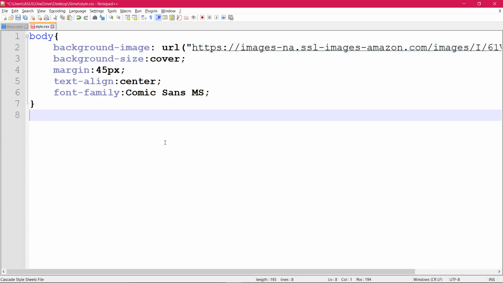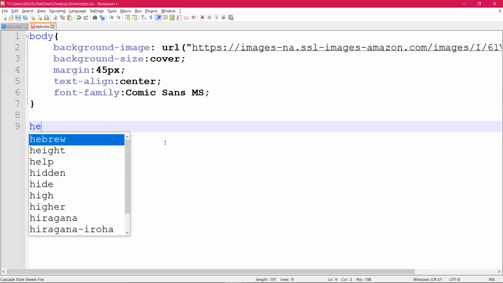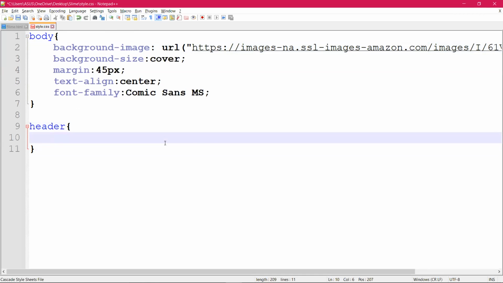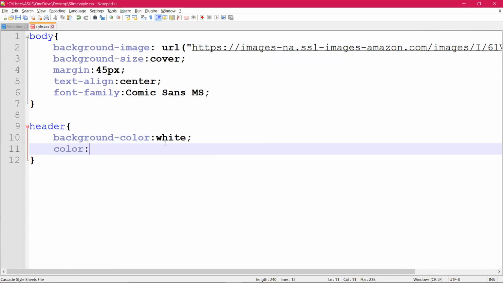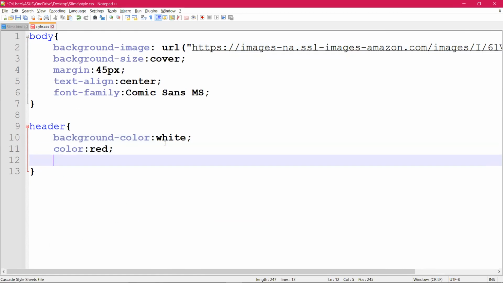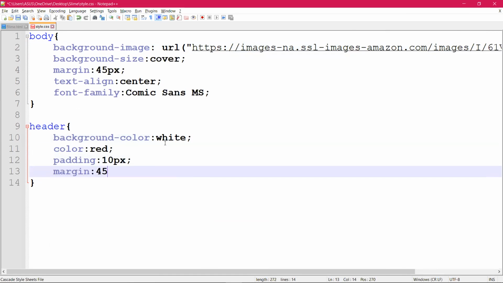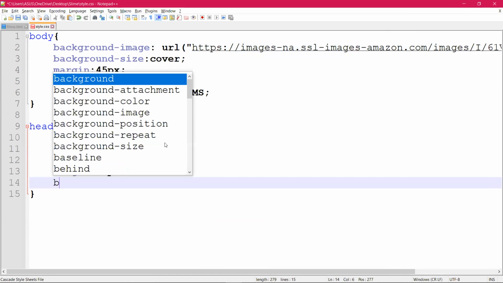I'll come down here. I'll say field set. No, we have header definitely. Again, for the header background color, I'm gonna keep it white. Color for the text is gonna be red. Padding will be 10px, while margin is gonna be 45px. And the border,